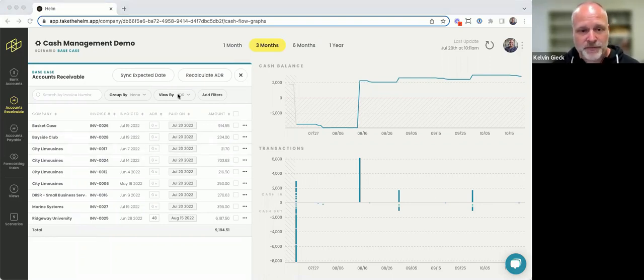But you don't just have ADR, you can also look at just typical age. And so here you can switch to the age view, and we can see exactly how outstanding our existing invoices are. So we can see here that City of Limousine obviously pays pretty slow because we have some 63, 46, and a 43. And again, this 60 mark is a key metric, because if it's over 60, you're starting to run the risk that it's getting to 90, which means it's starting to become uncollectible. So with a quick switch, we can look at age and see exactly where our outstanding customer payments sit.